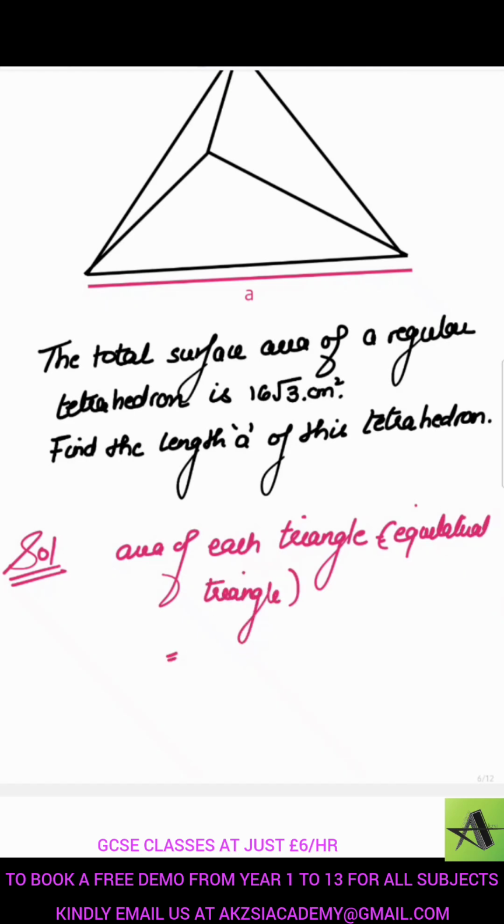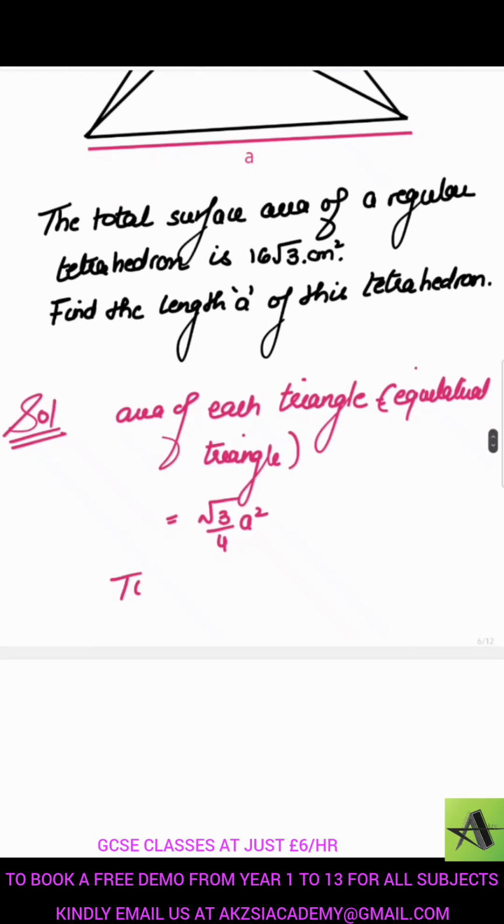There is a direct formula. I'm just using the formula, or you can dissect this, or bisect this into 2 equal halves like this. But there is a direct formula that I'm using right now, which is root 3 over 4 a squared. This is the area of one triangle. Then the total surface area would be